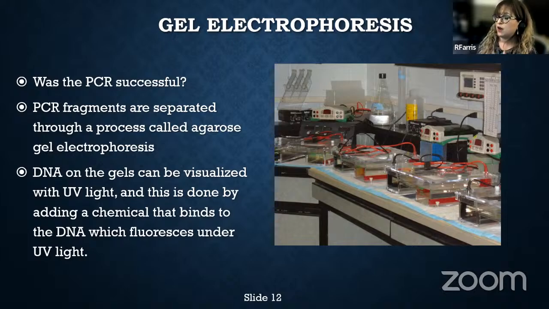So we place all of these solutions together with our PCR product, we load it on the gel, we run the gel, so we allow separation of the PCR products because sometimes different PCR products are different sizes. And then we place it under UV light when the run is complete, and that will indicate whether or not we have successfully performed a PCR. If you see something fluorescing, you will have what's called a DNA band on the gel. And I'm going to go on to the next image so you can see what I'm talking about.